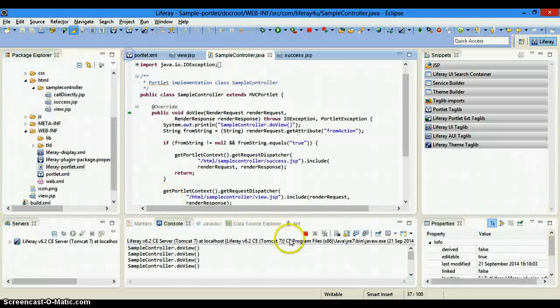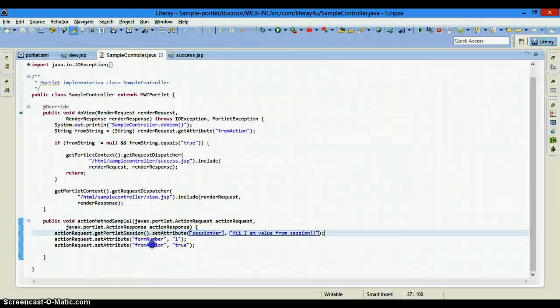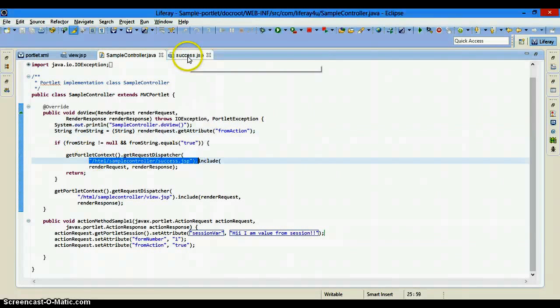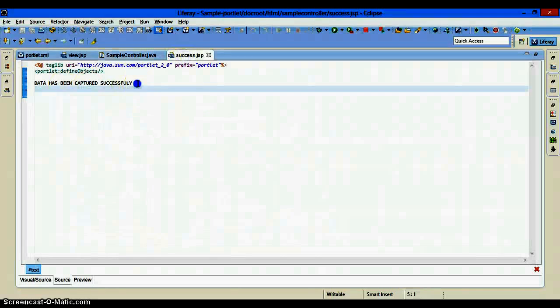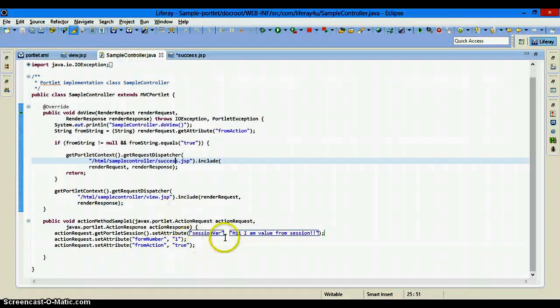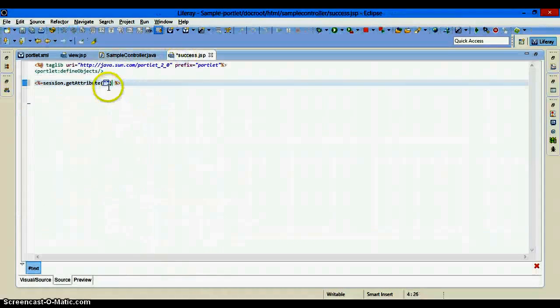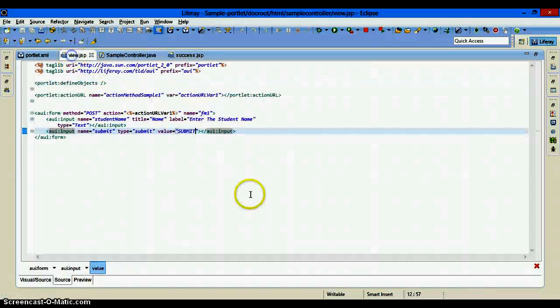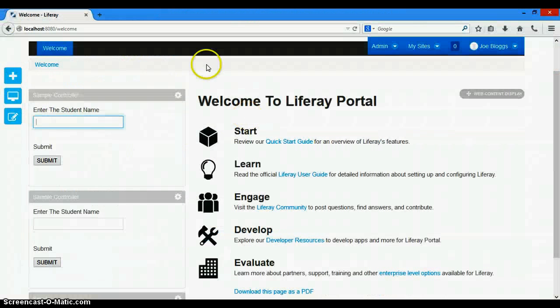As we know, this form action will be set, and then it will be fetched here, then our success.jsp will be called. So we are going to put this session.getAttribute, and fire this thing here.